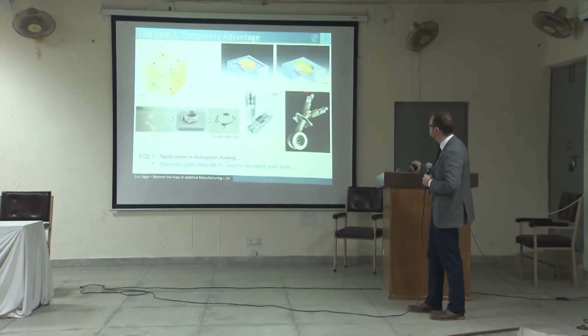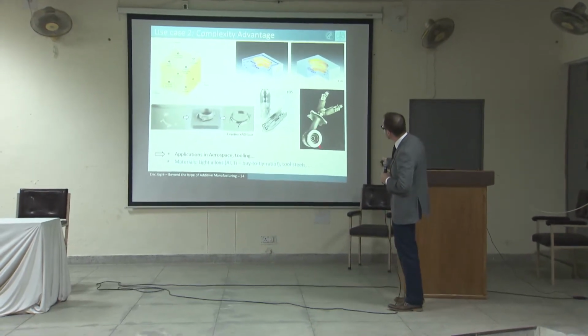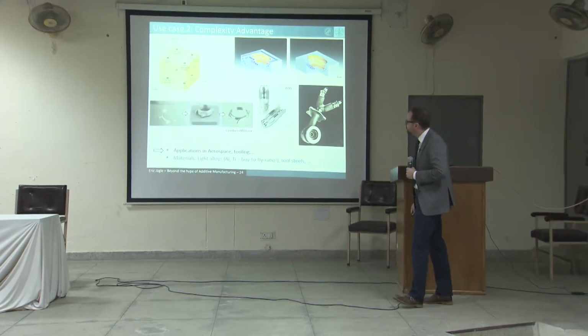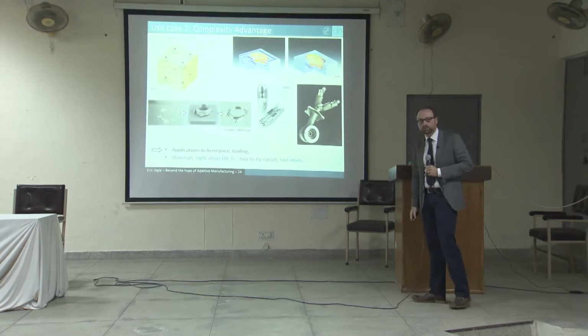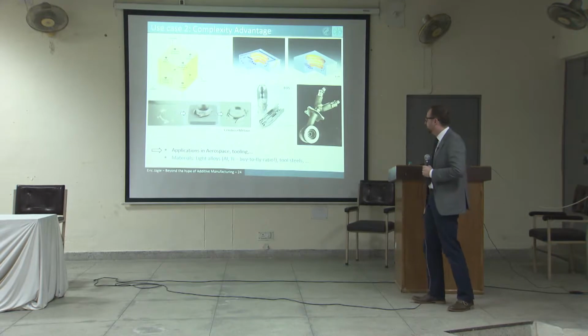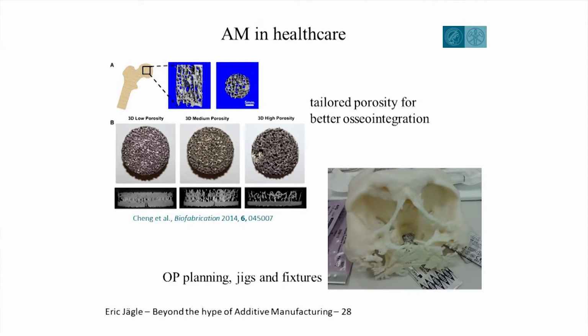Also here in these examples, this one in particular I will show on the next slide. So this is very interesting in aerospace and in tooling, and therefore, of course, the materials that are used here are also light materials such as aluminium and titanium and tool steels and so on. Now, sorry, let me skip to this one first. Here, this is the part that I showed on the previous slide.